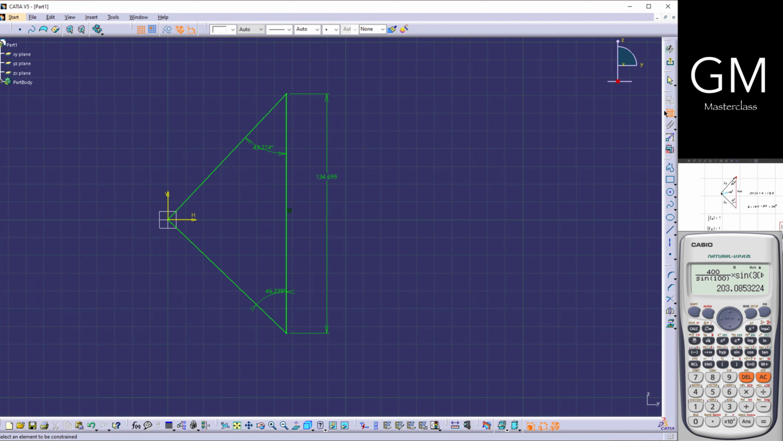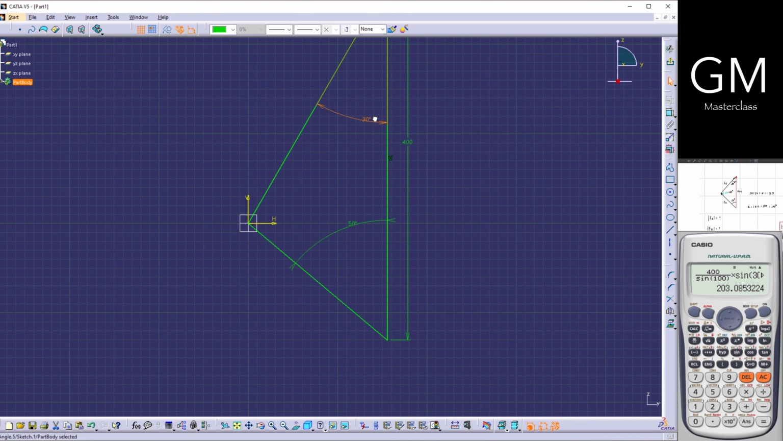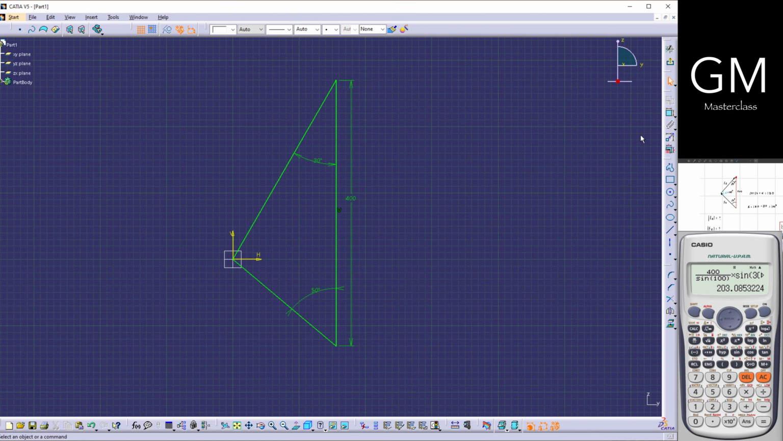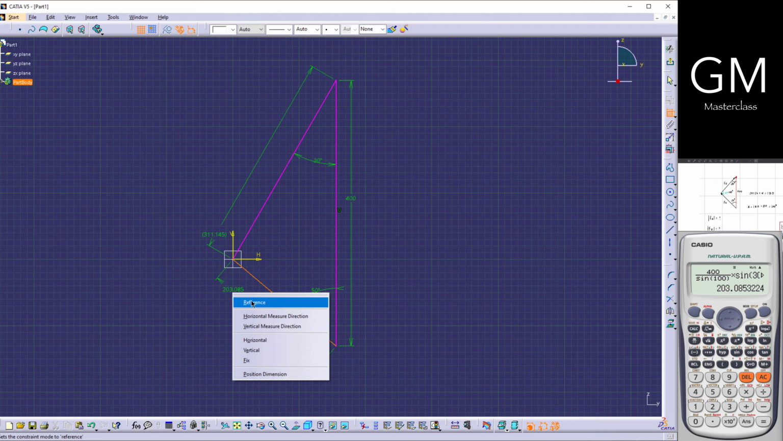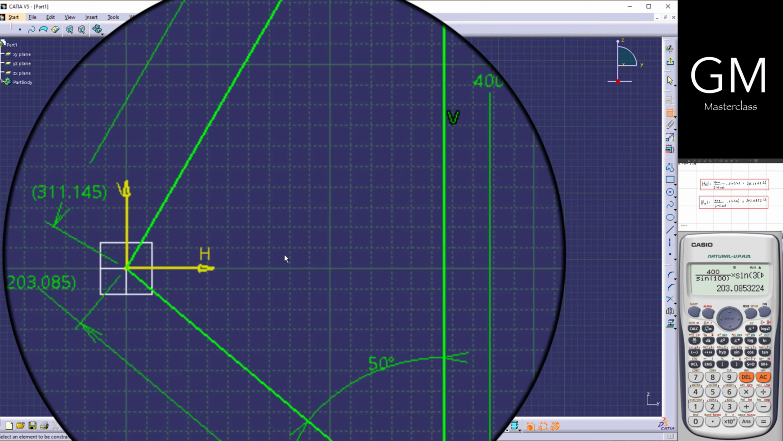Then I'm going to change the values for the ones that we need. This is equal to 50. This is equal to 30. And this is equal to 400. Okay, as you can see, the shape changed. And all I have to do is to measure these two lines. Reference. Reference. Alright, as you can see, FB is equal to